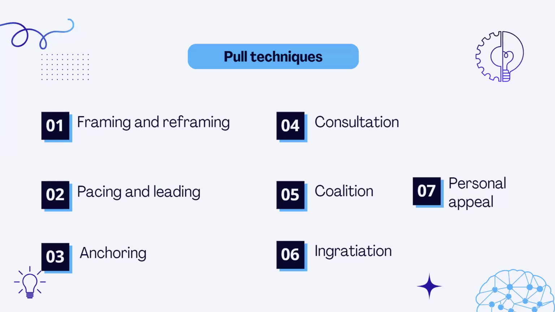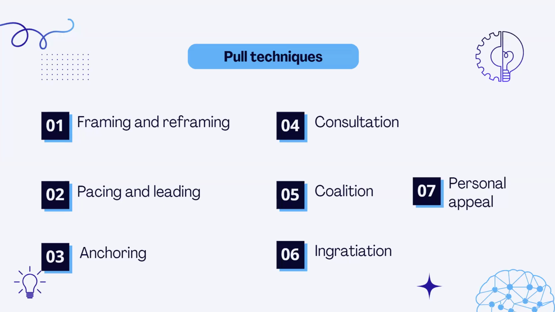We may have consultation, where we involve the other party in the decision making, share the data with them, and hope that when they sit in our position, they may change their opinion. That is another way, to be frank. Or it could be coalition, where we make friends with other stakeholders within the organization and then use those stakeholders to put pressure on the other party